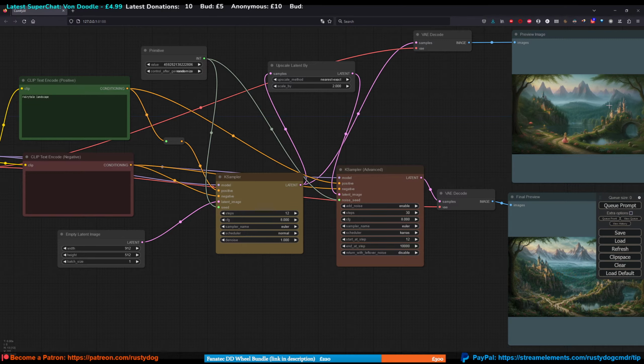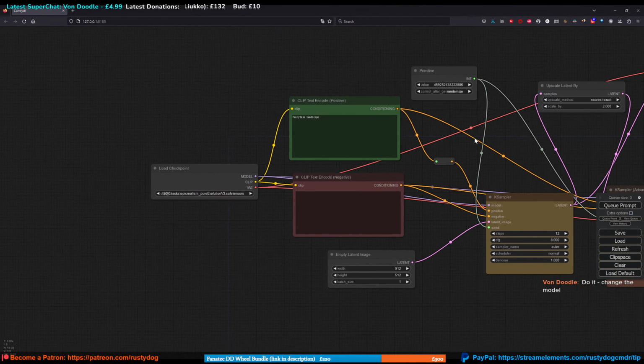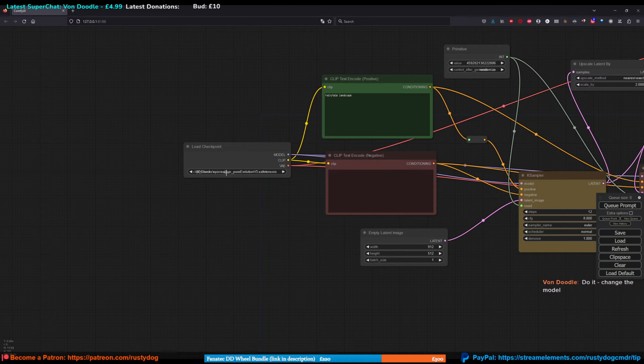Now, the cool thing with this is you can load and save different workflows. I've called this one Rusty 1. Well, hang on. I'll change the model in a sec. The model here will change